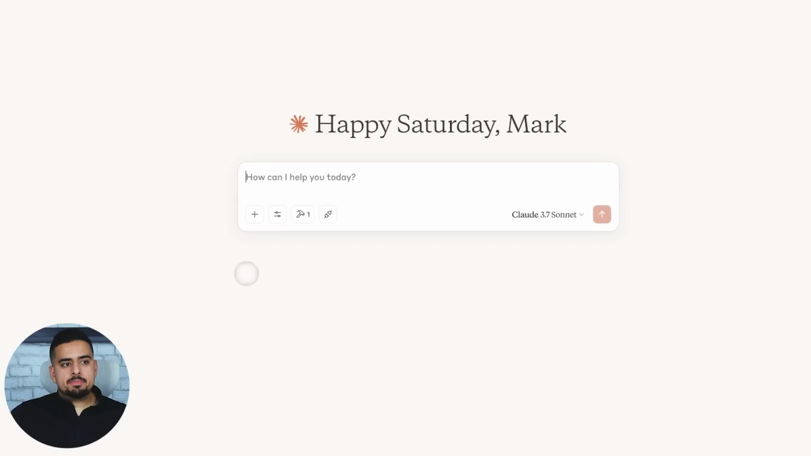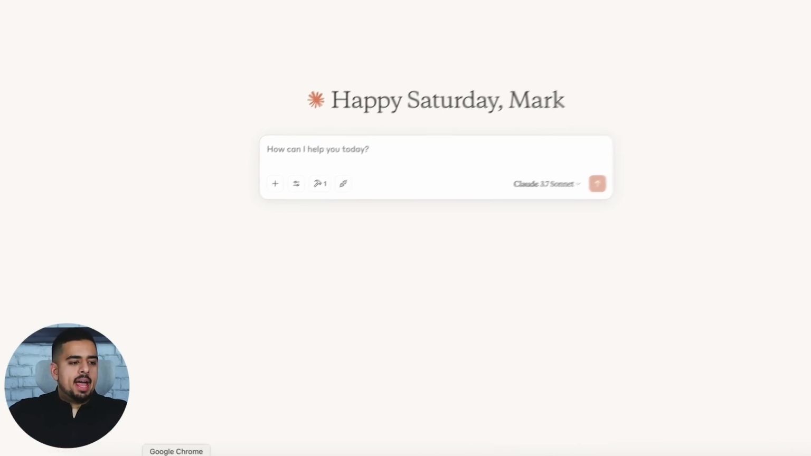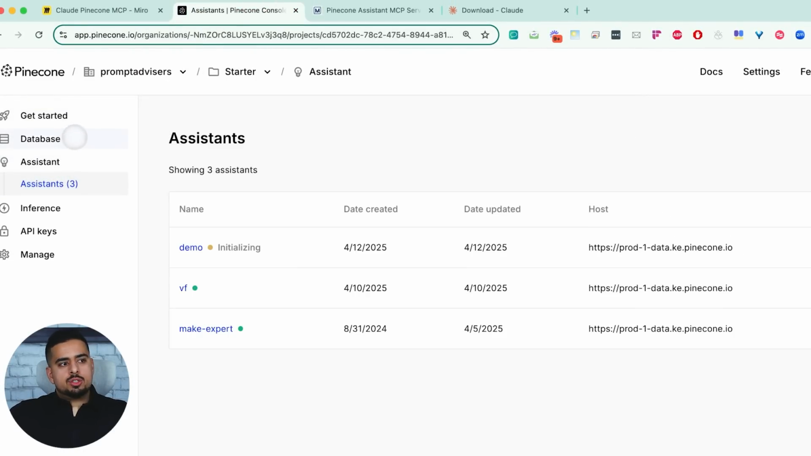So if we close that up, so now we have access to this, and all we need to do is, one, I'm going to show you where to get the key and the actual server URL, but other than that, we just have to set up our assistant, and we'll be able to talk to many more files a lot more accurately. So if we go back to Pinecone here, and go back to the general screen,